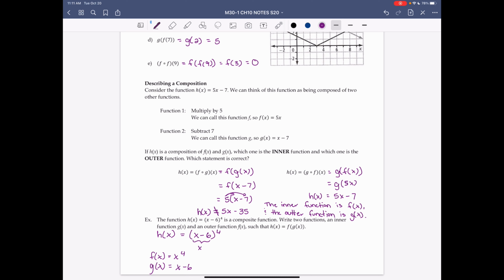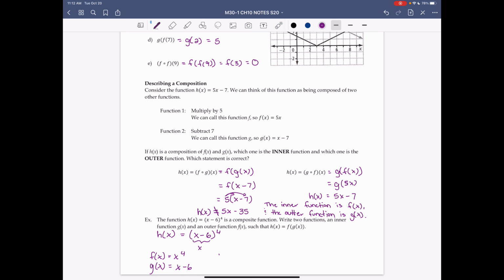So are we subbing in x to the power 4 into x minus 6? That would get us x to the power 4 minus 6, which is not the same as bracket x minus 6 to the power 4. But if we substitute g of x, x minus 6, into f of x, x to the power 4, then we would replace the x that is here with x minus 6, and then it would become x minus 6 to the power of 4. So our inner function would have to be the g of x,